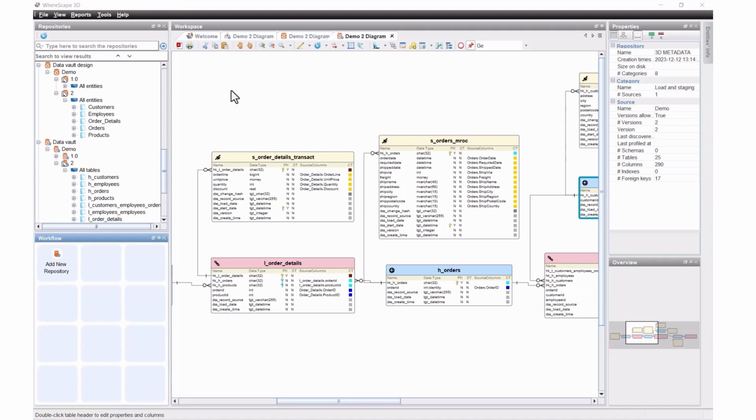That's an interesting point I haven't brought up yet. If you notice, so far I haven't told it what the target is. So far we're working at a conceptual and logical level, and it doesn't really matter what the target is at this point. If you see here, we've got some pseudo variable types: target date time, target integer, target date time, target varchar. That's because 3D doesn't know where this is going. Is it going to Snowflake?